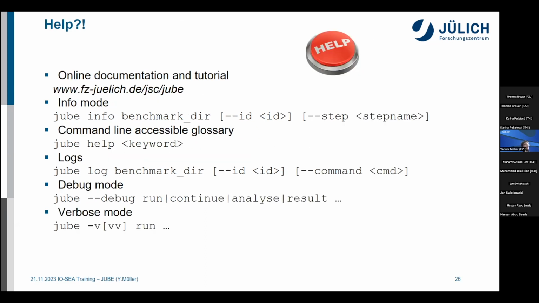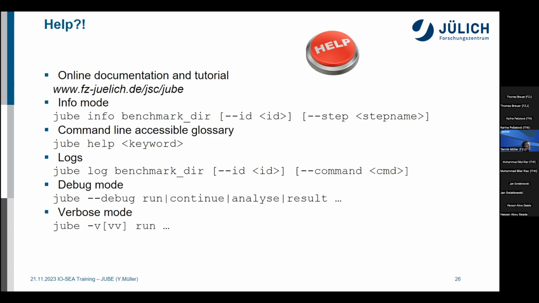So our documentation and tutorials are here under ulish/jsujube. Here's also the help command I was just talking about. So either JUBE info benchmark there. This is for info about the benchmark itself. JUBE help, and then keywords. And this is more than just the commands. This can also be, I think, anything that's in our glossary. So anything that is like an official term in our JUBE